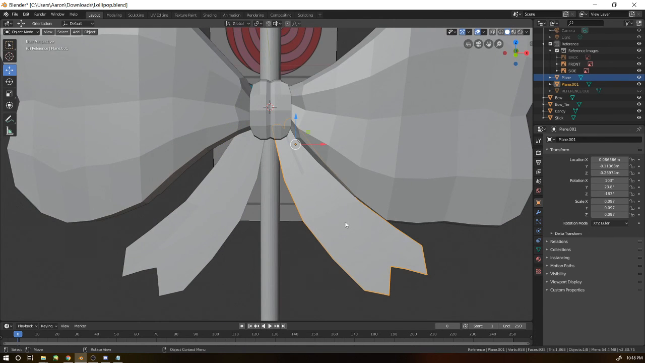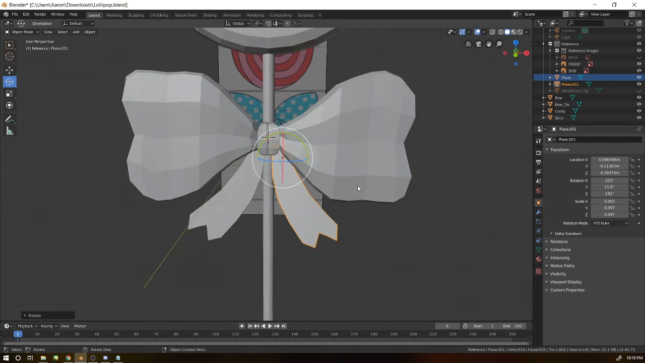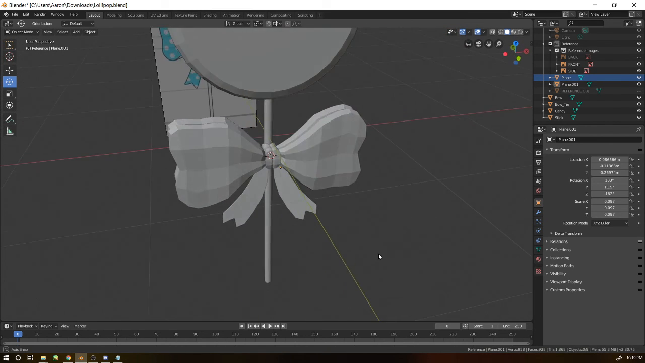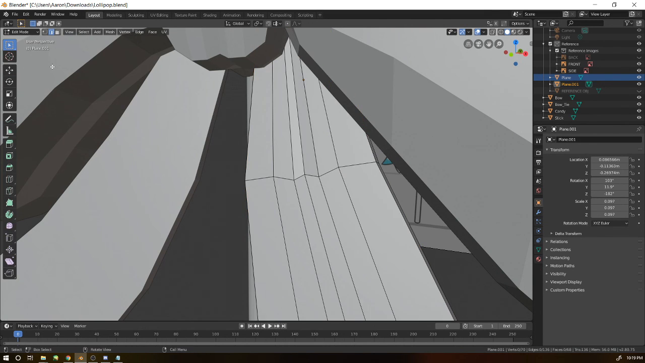And it looks like I need to adjust this one just a little bit. Not a big deal. We'll just rotate it. All right, looking pretty good. Looks like this one might have gotten a little bit messed up at some point. So let's go into edit mode, hit the 1 for vertex selection, and we will scooch this